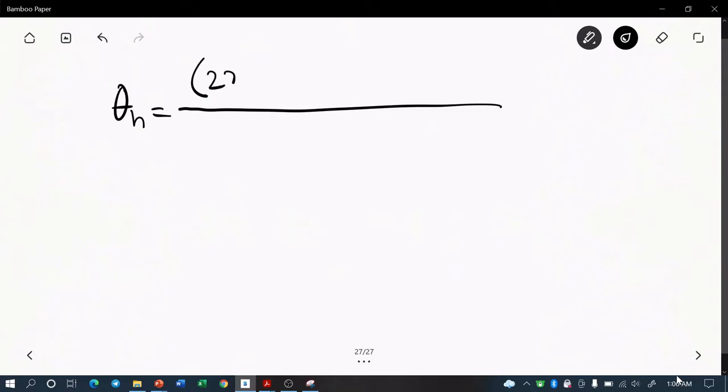So substituting directly those values, then we have 276.32 inch-kips, 120 inches,